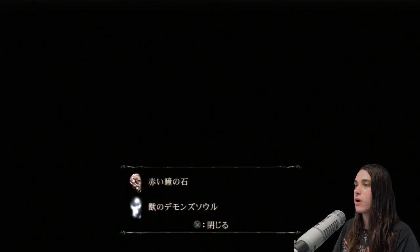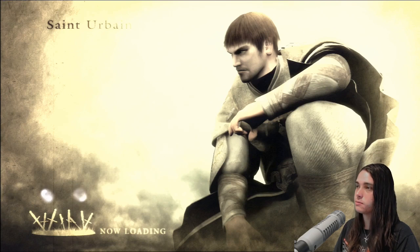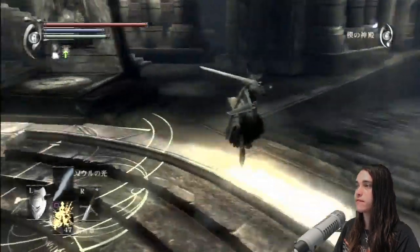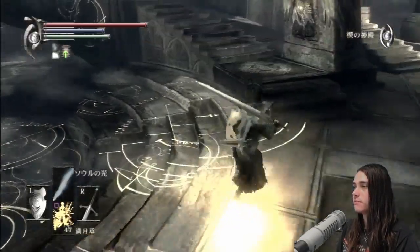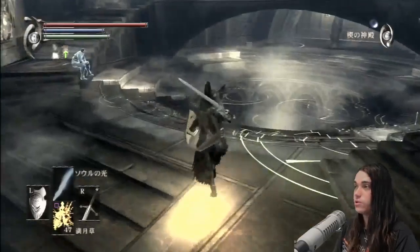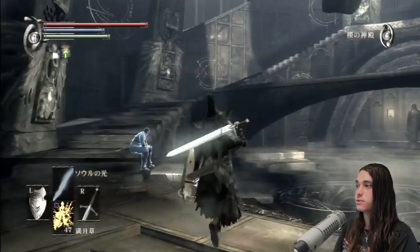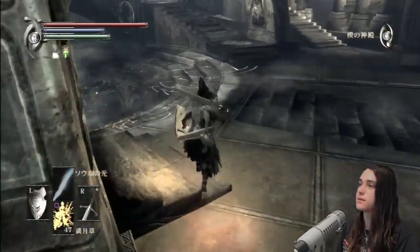We're given the Red Eye Stone, and the Beast Demon Soul for that. The Red Eye Stone, as you guys should be aware, allows you to put down a red summon sign so that you are summoned into a world as a Black Phantom. And that is like a planned thing, not like you're actually invading. You're summoned in there. Different thing. Anyway, so we don't have access to the Maiden in Black's ability to level up right now. She's not even here, I don't think. She'll appear later. We are now in New Game Plus, everyone. So, ordinarily I would have gone and killed a few people to get Colorless Demon Souls from Mephistopheles, but I'll have to give that another try at a later date, so...